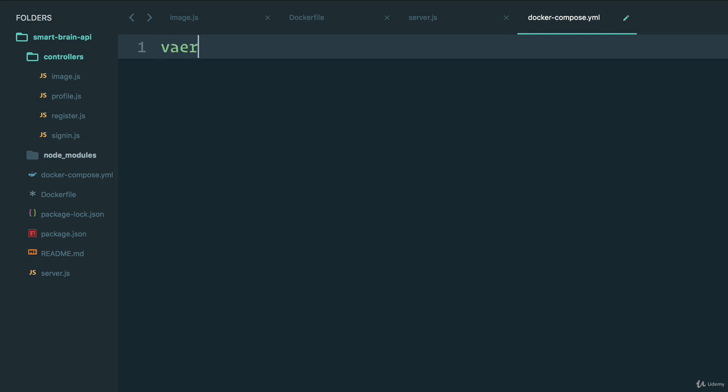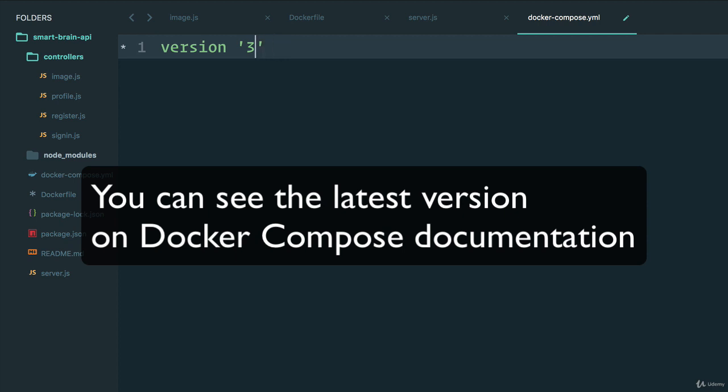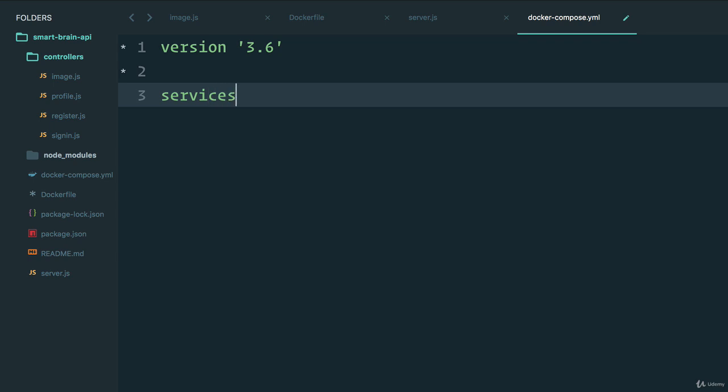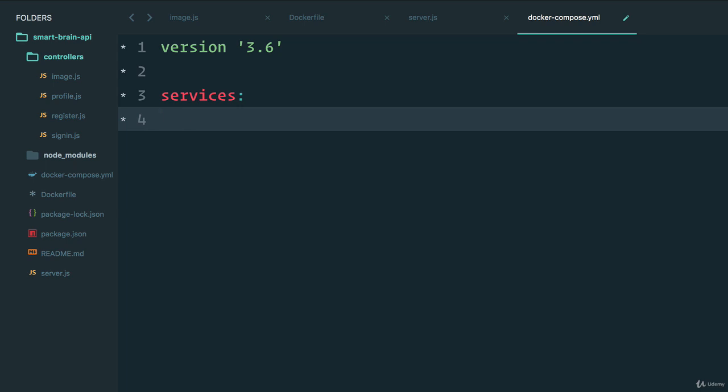Now, this is what a Docker Compose file is going to look like. We first start off with the version that we want to use. So in my case, it'll be version 3.6, which is the latest currently for me. And down below, we have something called services. And these services are what we're going to orchestrate. That is, we're going to have a backend API service, a Postgres service, and also later on a Redis service. And let's give a name to our first service, which is the backend API, or we can call it SmartBrain